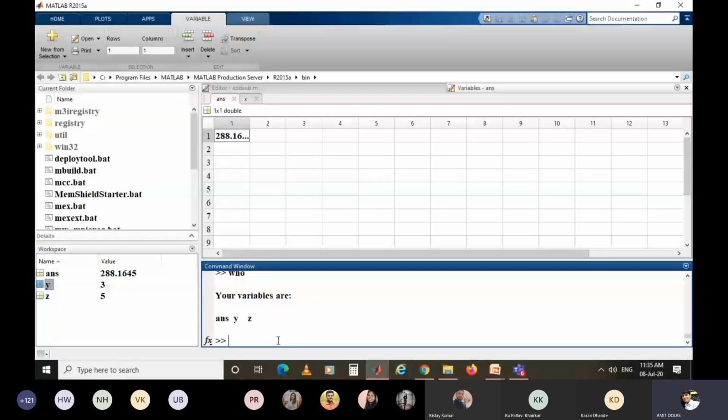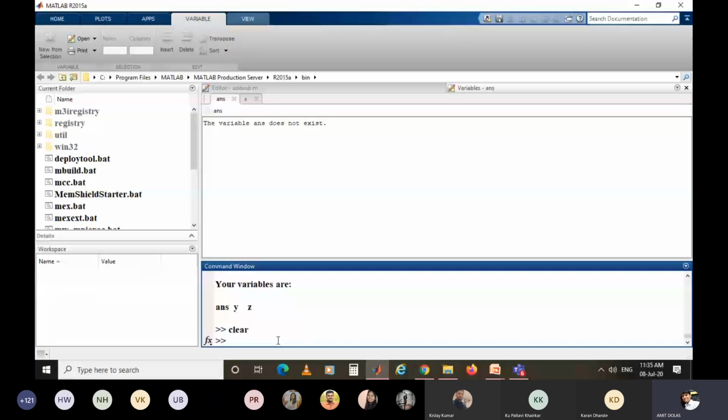And if I write clear, then all the variables are cleared from the workspace. And if you write who now, there is no variable, because ANS is the system defined variable, but ANS is also cleared. There is no element in the ANS. So there is no variable once I use the clear command.